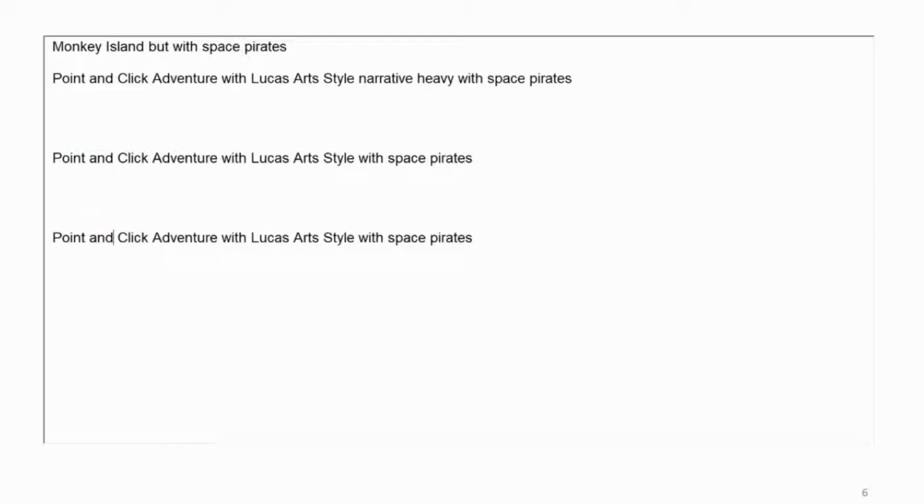Okay, so next part. I have here a point and click adventure with LucasArts style with Space Pirates. Now I have to think about what I can actually do. For me, this part is so heavily combined that I can't even say I just want to do it at the end. But the Space Pirates, it's mostly something that I would do even at the beginning.